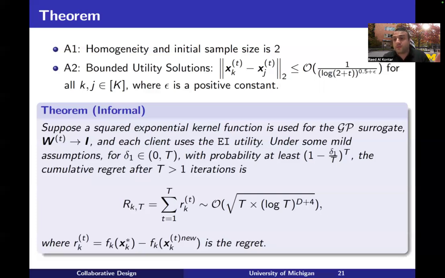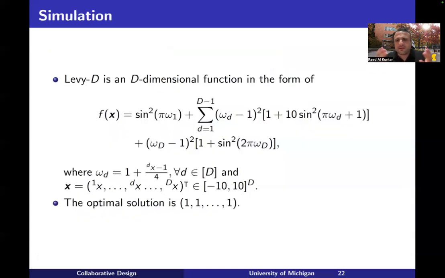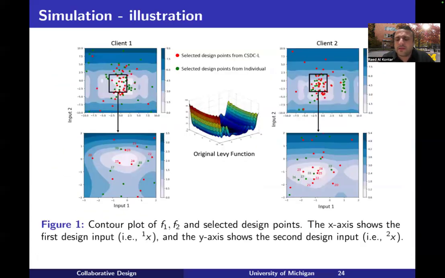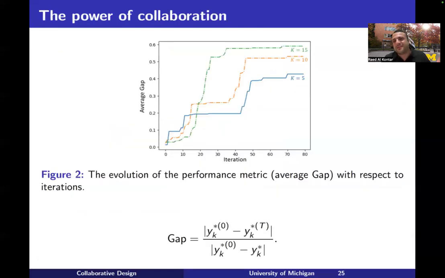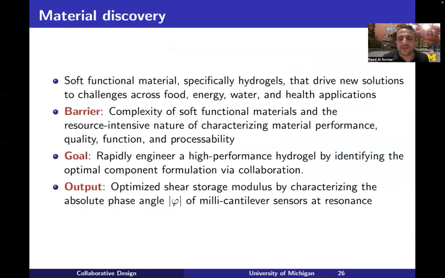But anyway, I just want to note there are strong theoretical guarantees with some regularity assumptions that I think are a little bit tough here. But in practice, it works perfectly. I will not go into some experiments we had. Here we show the power of collaboration: the more collaborators you have, the faster everyone can get their optimal solution. But I want to emphasize a real life experiment that we did, where we brought this experiment